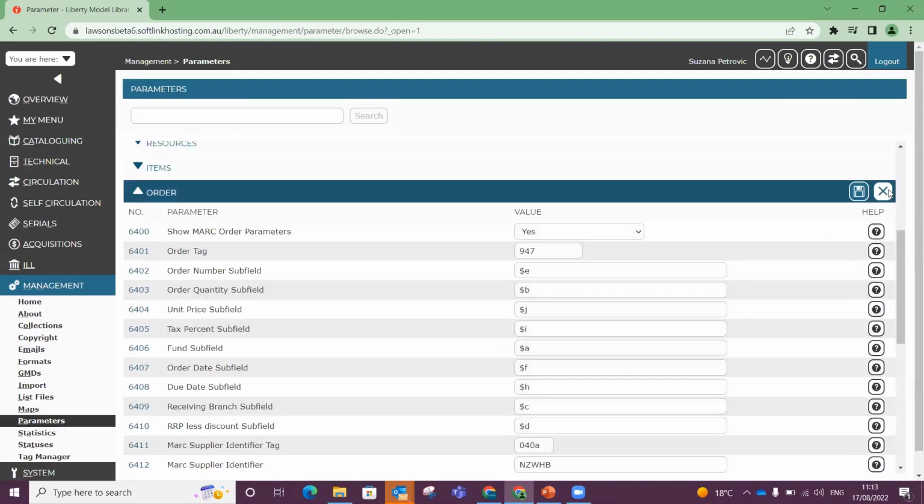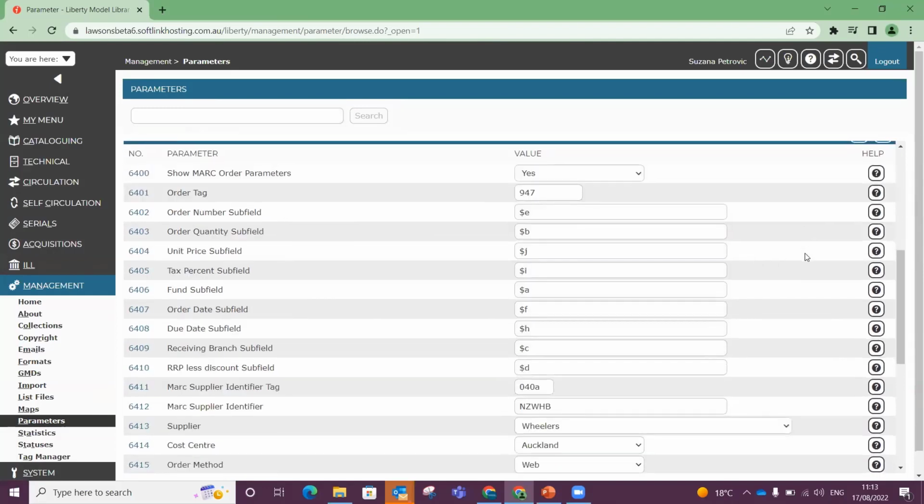So in this particular parameter group, you can see that we've got some custom fields that we can edit, including the MARC subfields. When Liberty detects a MARC file coming from a nominated supplier where you've set these details up, it will create an order if the MARC file is identified as coming from that supplier. It contains the nominated order custom tag information and the relevant subfield information in the 900s. And it does not already have an order with the same order number for that resource,